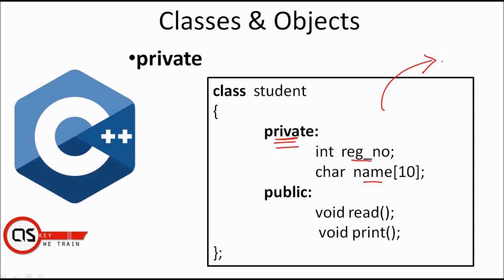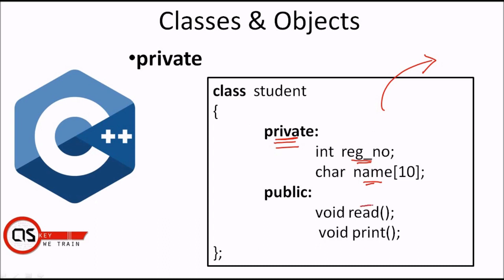You do not have a provision where your register number and name can be accessed externally. If you try to access externally, it leads to an error. So that's the advantage of having your private. Your register number and name is protected from the external function, but it can be accessed within the class